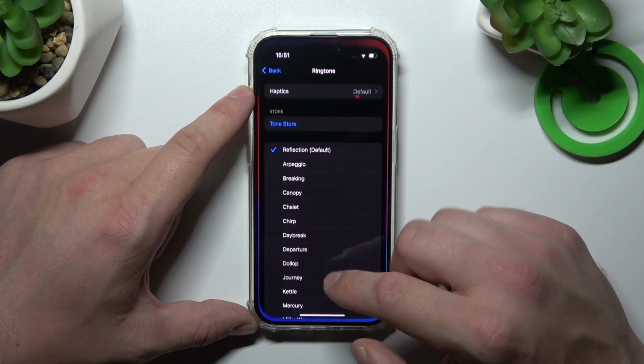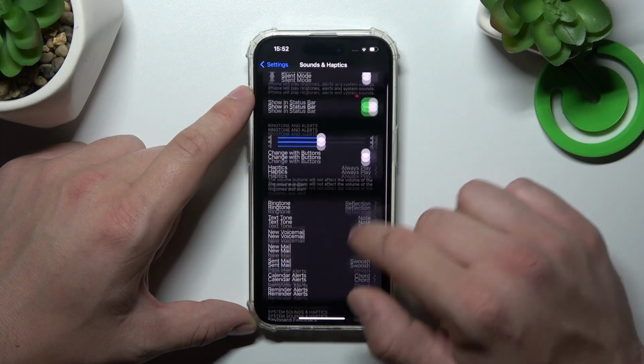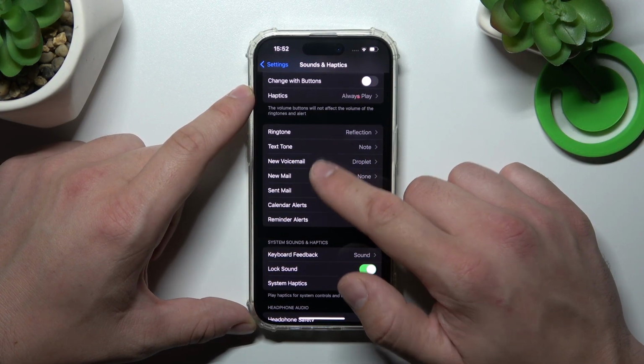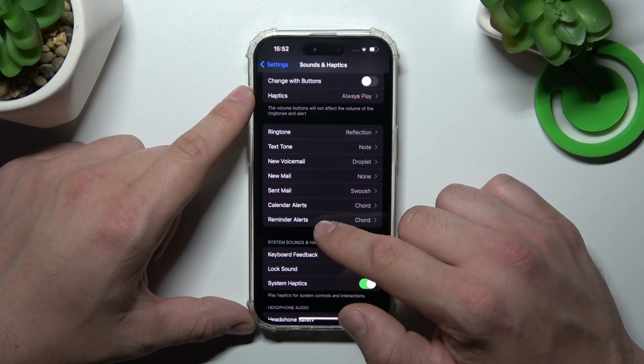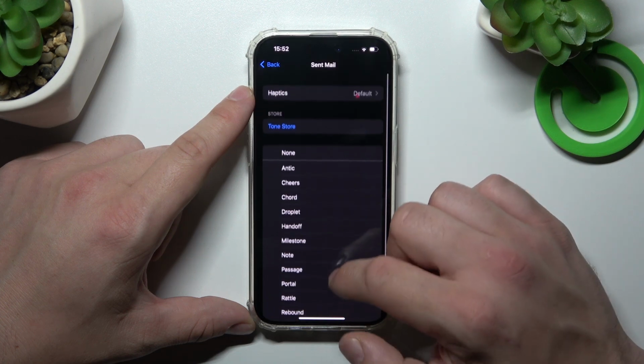In the beginning, let's go to settings and now go to sounds and haptics. Now you can set custom notification sounds for text tone, new voicemail, new mail, sent mail, calendar alerts and reminder alerts. Simply enter one of these sections and select new